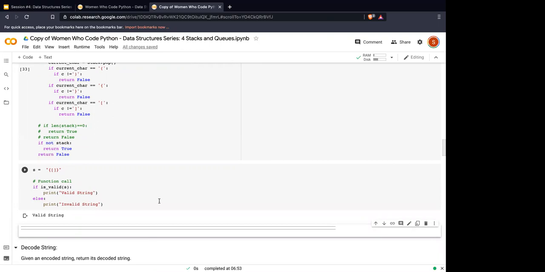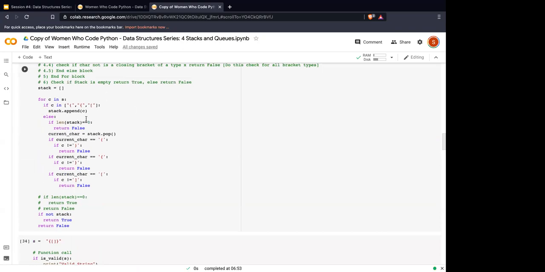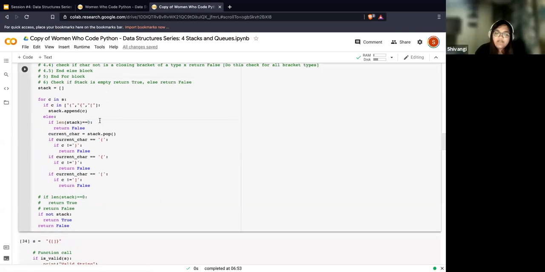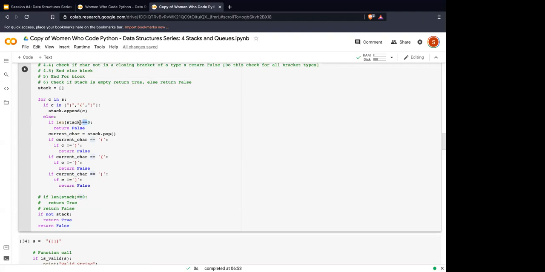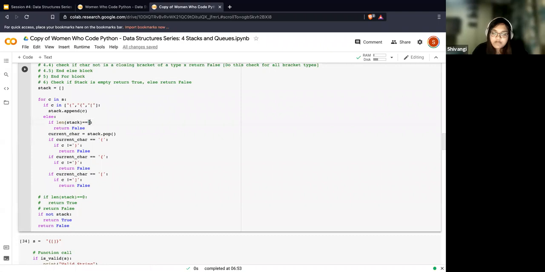Why use double equal to, for example equal to 0? I think the question is why there's a double equal to here. Okay. You're using double equal to because you want to evaluate this Boolean expression, checking the equality of this length and this number over here, right?